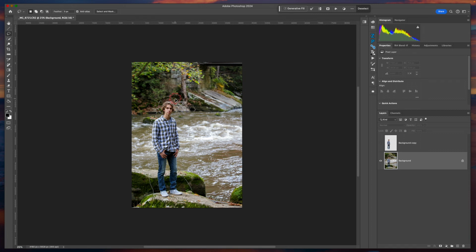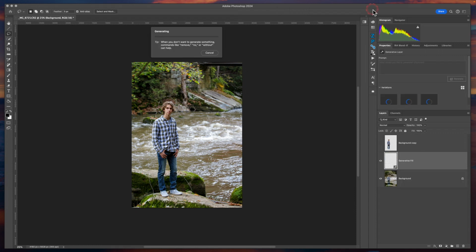And now we have our loose selection, and we're going to use the generative fill, but we're not actually going to fill it with anything other than what's in the background there. So we click generative fill, and when it asks us up here what would you like to generate? Well, we don't want to really generate anything. We just want to take him out of the background, so we just click on generate. And it sends it up to the Adobe Cloud and does magic